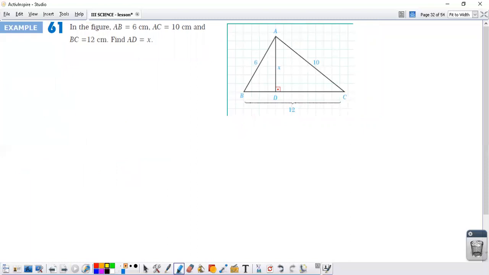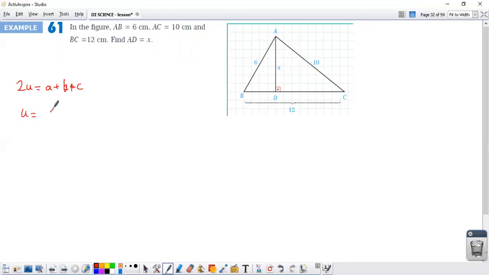For the next problem, the sides AB, AC, and BC are 6, 10, and 12 centimeters respectively. And we are going to find side AD, which is the height of the triangle. We can find the area of the triangle by taking half of the product of base and height, or from Heron's formula. Okay. So from Heron's formula, 2u is equal to a plus b plus c, and